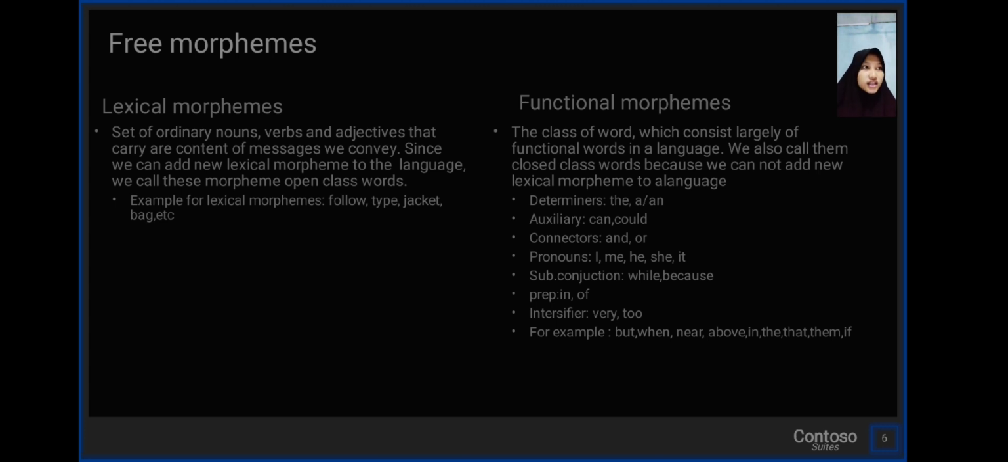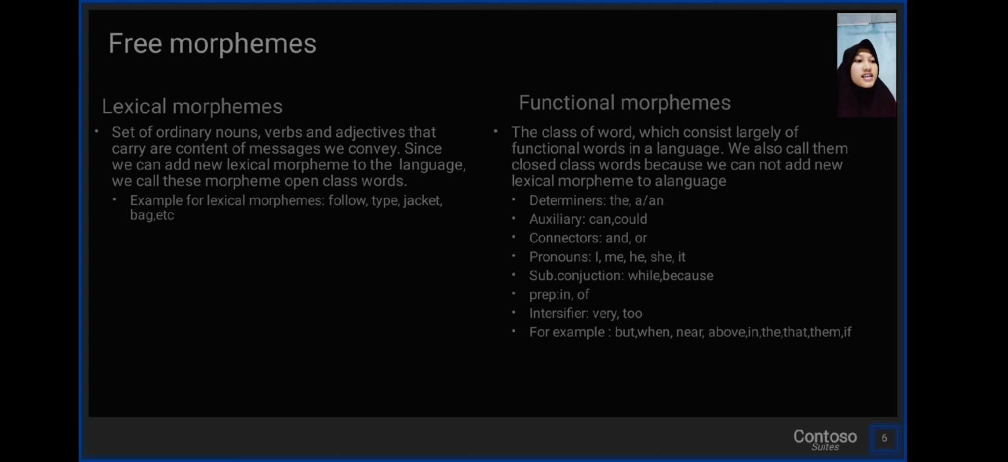It is the class of words which consists largely of functional words in a language. We can also call them closed class words because we cannot add new ones to a language. Functional morphemes are determiners like the, a, or an, or auxiliaries like can, could, connectors like and, or, pronouns like I, me, he, she, it,